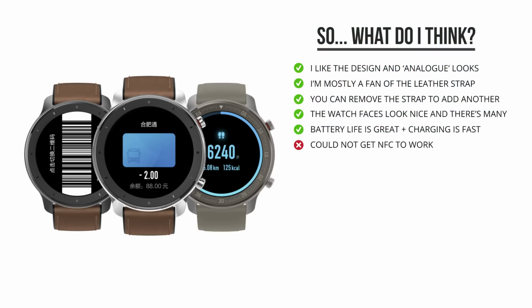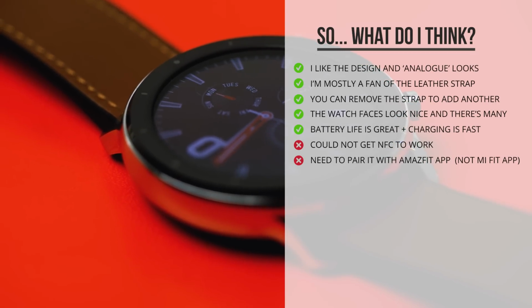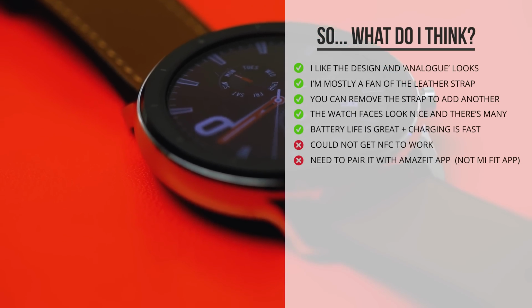The thing that I kind of found confusing is that the watch actually should have NFC, but outside of China there really ain't no use for it, and I personally couldn't get it to work even when the app is set to Chinese, so I might have missed something here. Also, I would have expected I could pair it with the Mi Fit app as well, but I will need to install it using the Amazfit app,